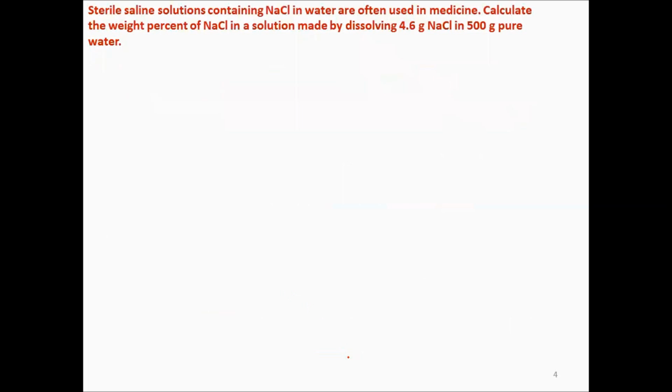So here goes the first numerical, and please keep in mind that to solve a numerical, the first thing is that you have to read the statement very carefully. The second step is to write whatever is provided to you in the statement. And third, see what the statement has asked you to find and try to remember the definition or formula by which you can do the numerical. So let us first read the first numerical.